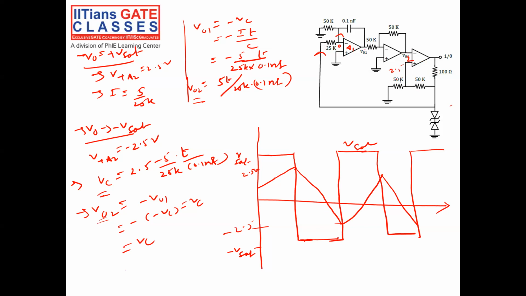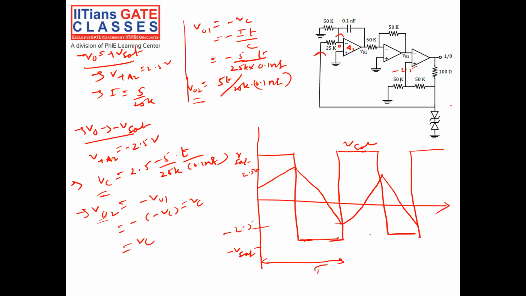Since here I am having minus 2.5 volt, it will go on discharging. When it just reaches minus 2.5 volt, or a little bit more than minus 2.5 volt, what will happen? Negative will be less, positive will be more. Then my output switches to plus V set. Okay. So this cycle will keep continuing. The capacitor will charge and discharge, so that my output will also go from plus V set to minus V set. Okay. So this is my time period.